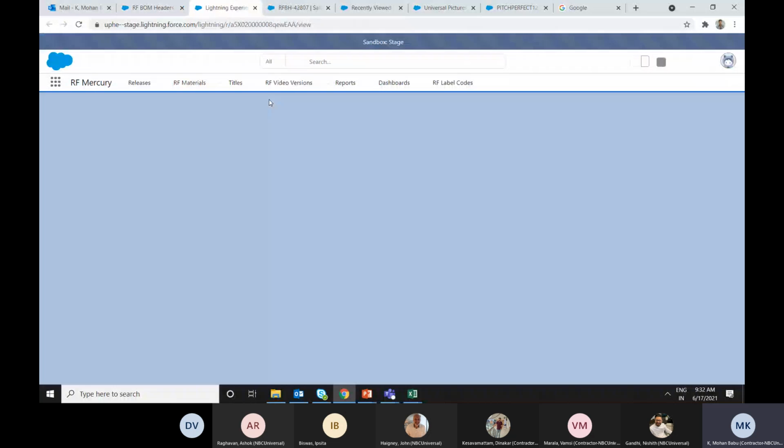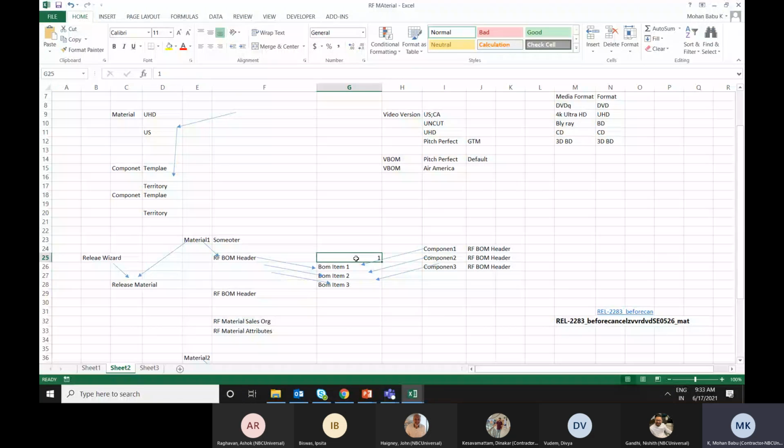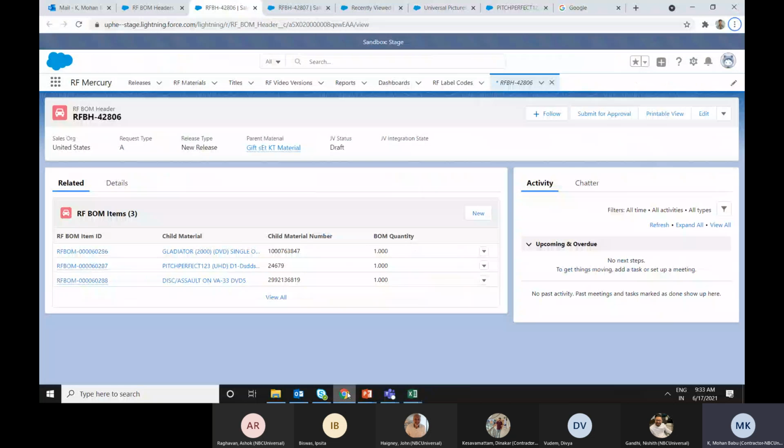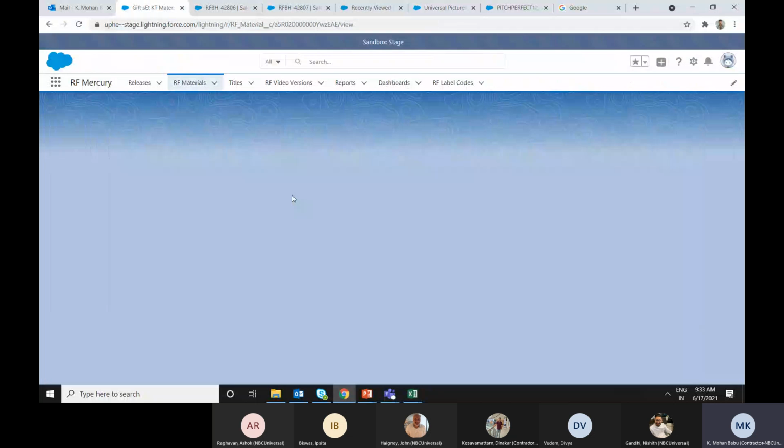Like I said already, these child components are related to this material through BOM headers and BOM items. But for the gift set, we have two BOM headers. Under which BOM header we need to add? We should always add under the BOM header where the usage is 1, and where the usage is 5, it won't have anything. Now what I'm going to do is submit this material.